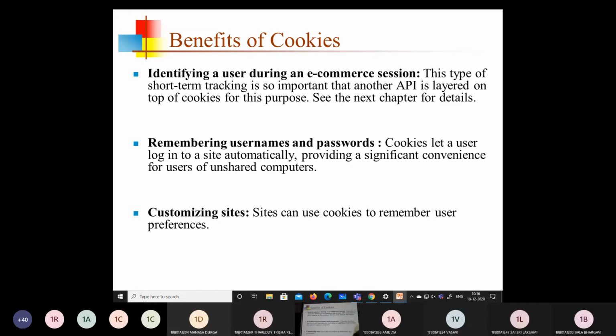Okay, customizing websites. Students, please unmute yourself. Okay, so there will be different styles of Gmail when you log into Gmail. Please unmute yourself and tell me whether it is right or wrong. Okay, so the style is nothing but different ways, different ways in which the Gmail inbox is shown to different users.